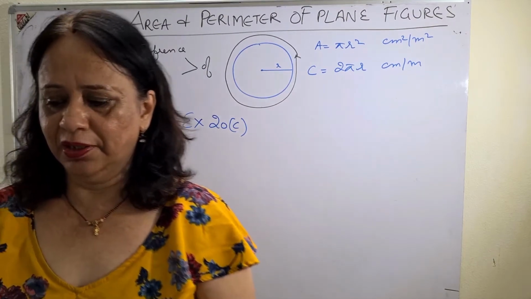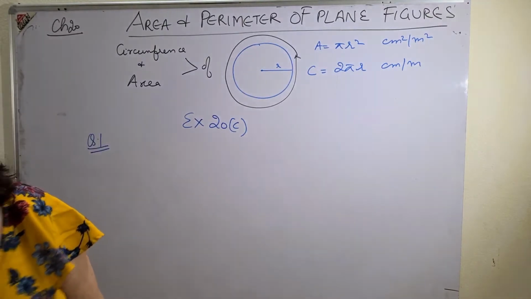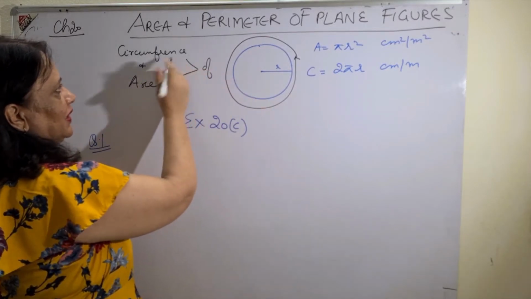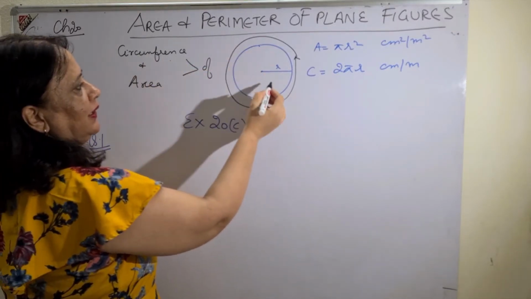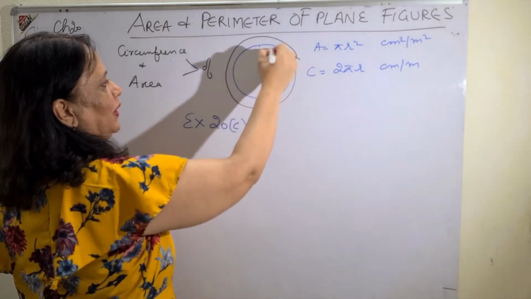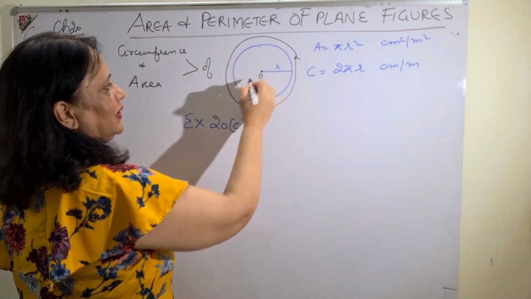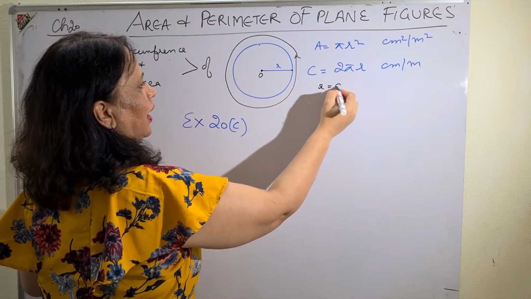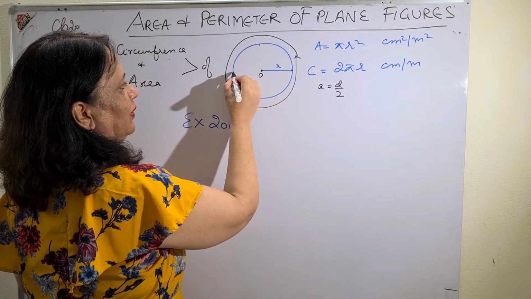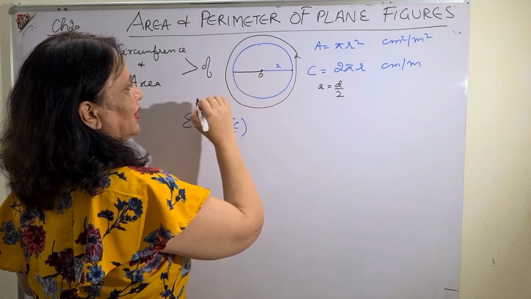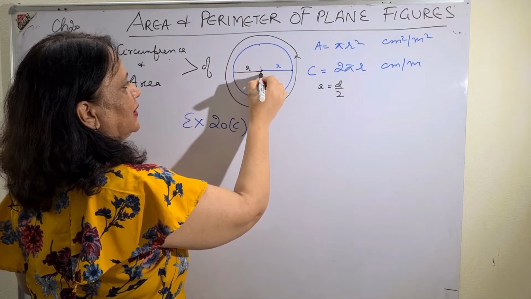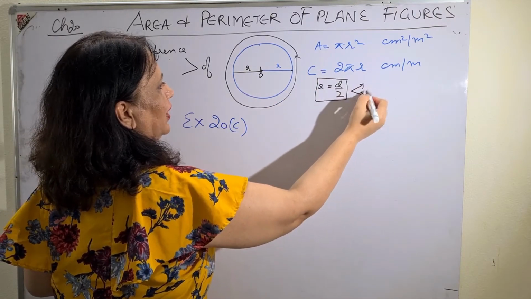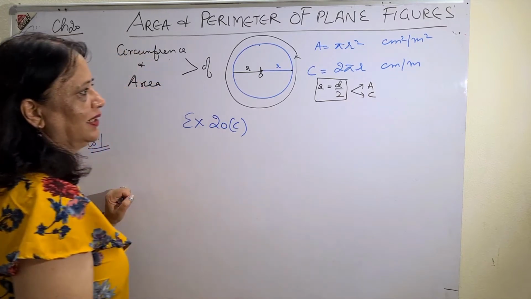Okay children, once again, just for your revision, I am going to revise the area and circumference of the circle as all written on the board. See, this I have now made with a blue pen. This is the circle, O is the center and r is the radius. And you know that radius is always half of the diameter. Diameter is the longest chord of the circle and radius is half of the diameter. And this is very important to deal with the formulas of circle, area as well as circumference.